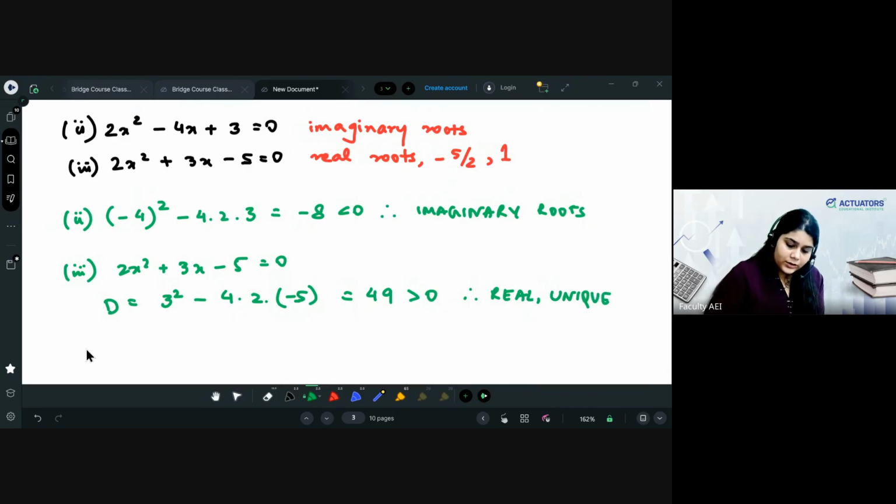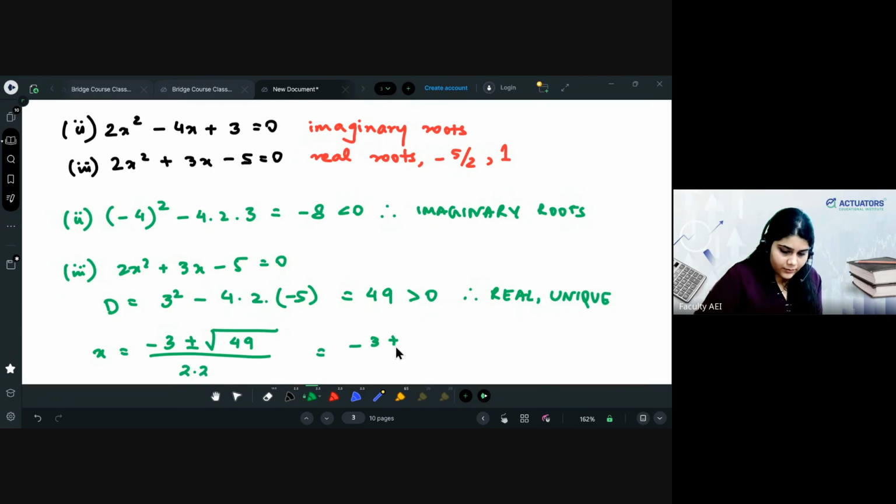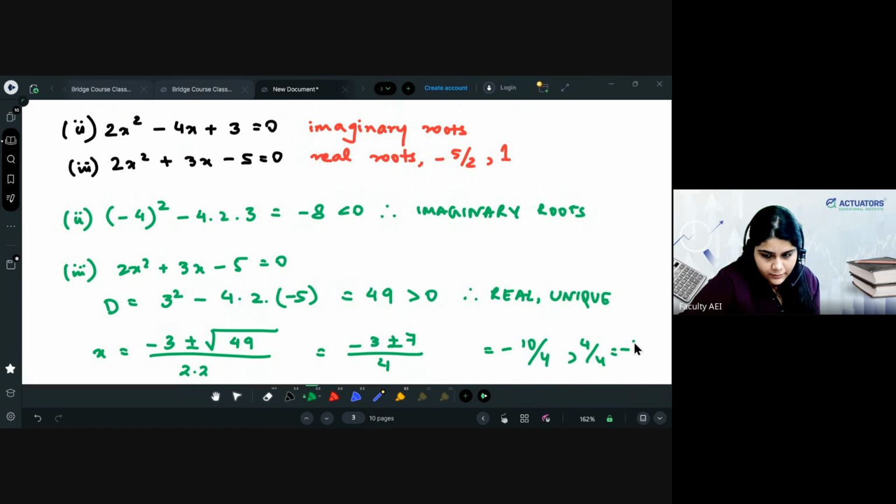And क्या होंगे वो roots? We'll calculate using formula minus b plus minus root over discriminant 49, ऑलरेडी कैलकुलेट कर चुके हैं हम लोग, बाय 2a. क्या क्या होंगे? -3 -7 इज and 4/4. Clear? Any doubts? Okay,